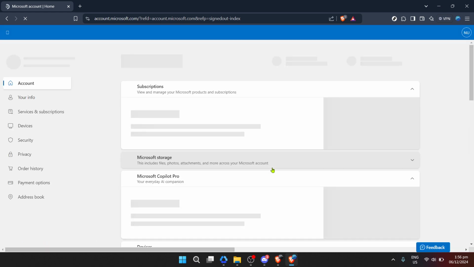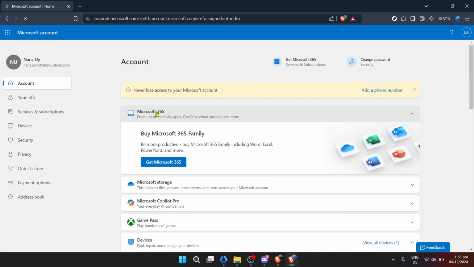In the upper right corner of the Microsoft homepage, there's typically a sign in option. Clicking on this prompts you to enter your Microsoft account details. If you don't have an account, you'll need to create one. Assuming you do have an account, proceed to enter your email address in the provided field and click Next.